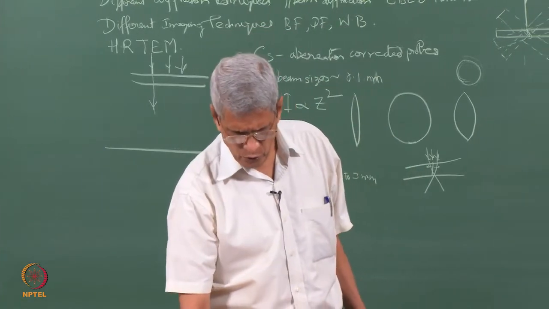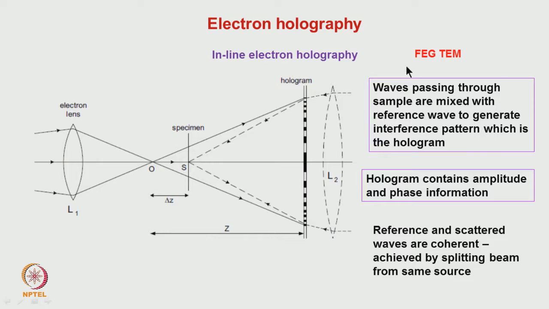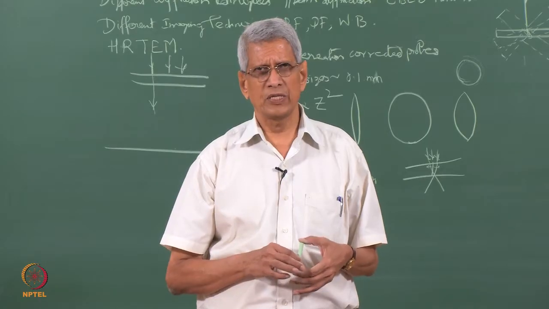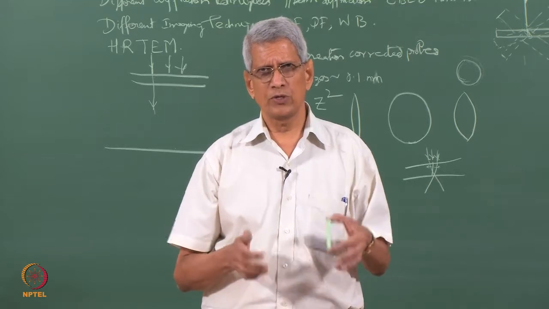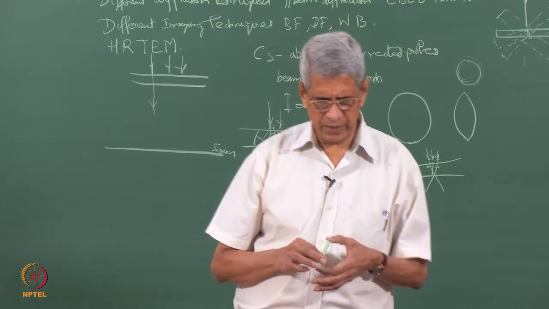If we use either that same beam or another beam, we allow it to pass through the hologram as well as mix it with the reference beam, and we will be able to form from the hologram the image of that sample. And that image is essentially formed because of the phase information which is available. The same thing can be done now if we have a hologram; we can use computers to do all this job, and all the information can be obtained.